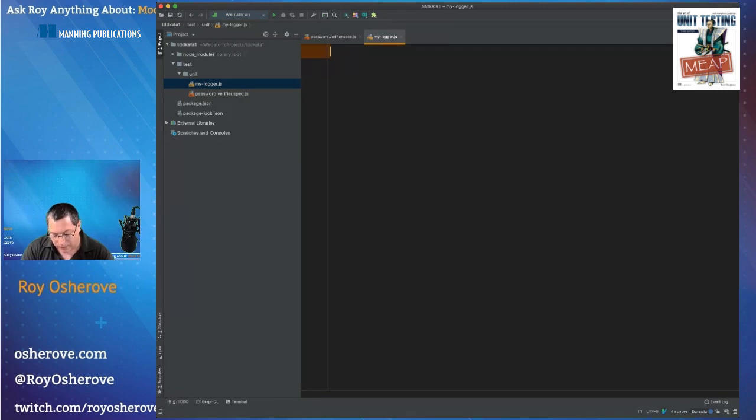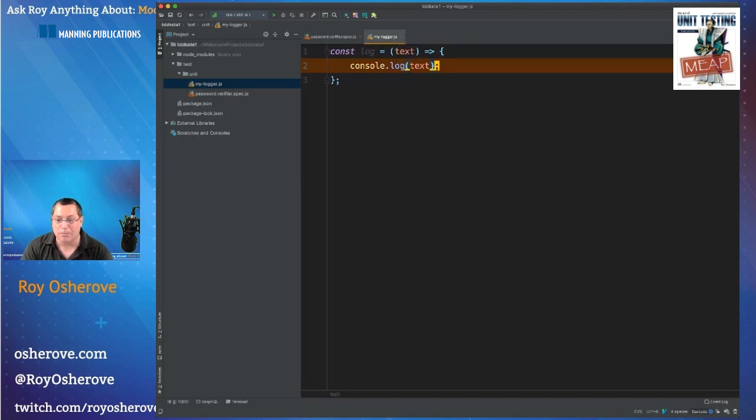We can say const log. That's just a function that takes text. I have a shortcut for this. And for now, we'll just say console log text.